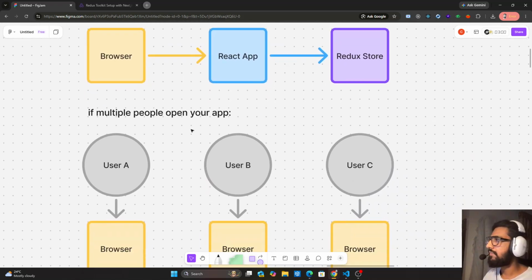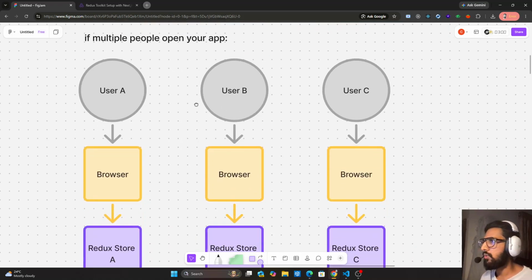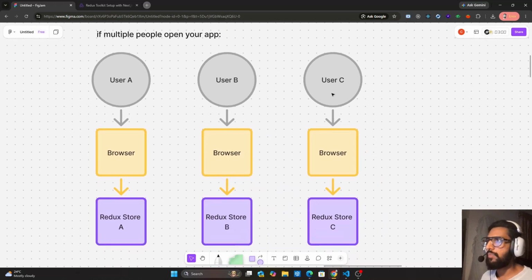Imagine if multiple people open your app. So let's say you create a website, right? And at the same time, multiple people are using your website. So let's say there are user A, user B, and user C. So every user has their own browser, right? And inside that browser your application will be opened by the user, and